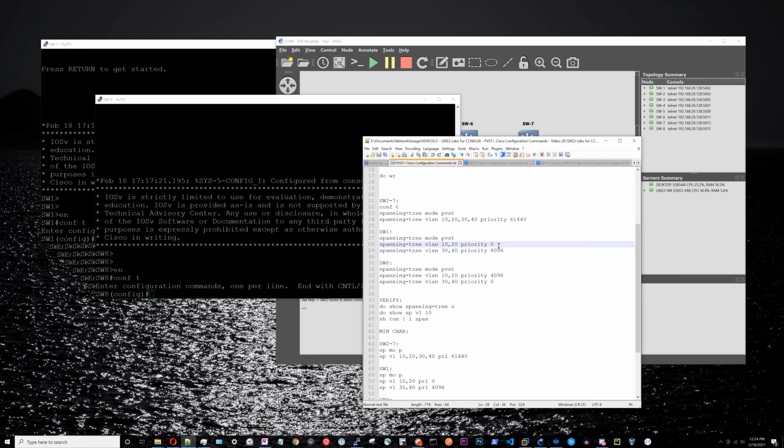So 0 is actually the highest priority that you can give. And also the priority values go in increments of 4096. And the highest that you can assign would be this one up here, 61440. So essentially what this configuration does is that it gives switch 1 the highest priority for 10 and 20, and